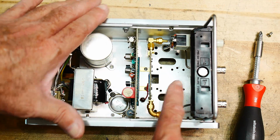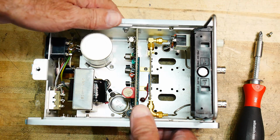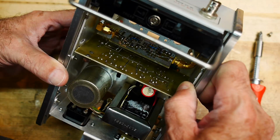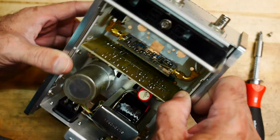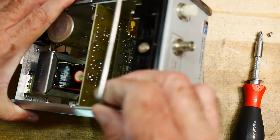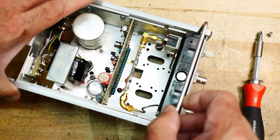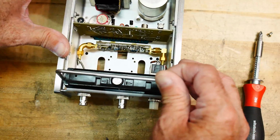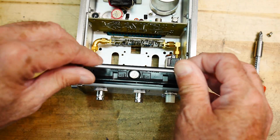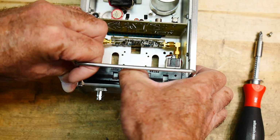The only thing this box really has a claim to fame is that little board there. So that's the amplifier. And it looks like a prototype. So the guy that I got this from used to work at the Santa Clara division of Hewlett-Packard, which